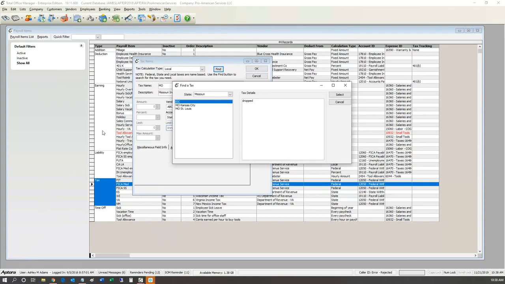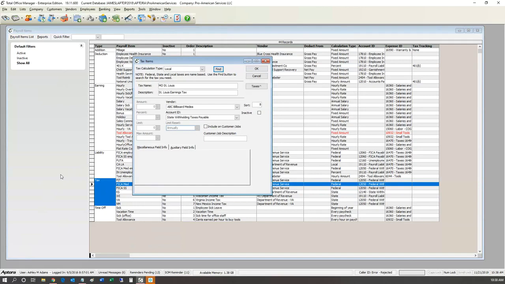EIC dropped. Kansas City, well, they have an earnings tax there. St. Louis, they have an earnings tax too. So it's an extra little tax because you live in Kansas City, Missouri, or St. Louis. And if that's what you're looking for, just hit select. And again, the software knows all the math. It knows all the math. And how does it know that? Well,